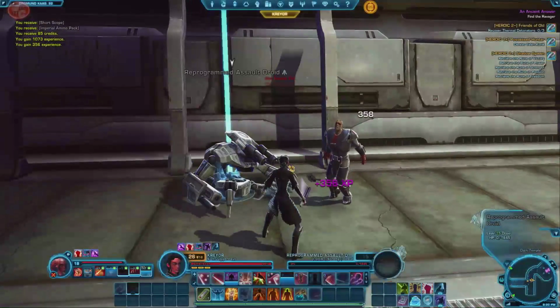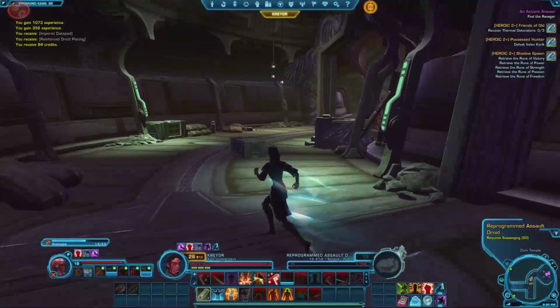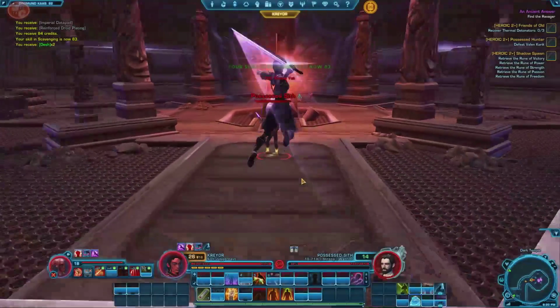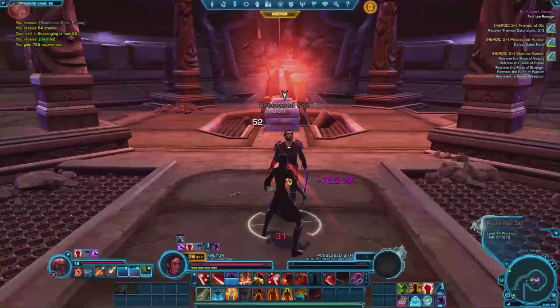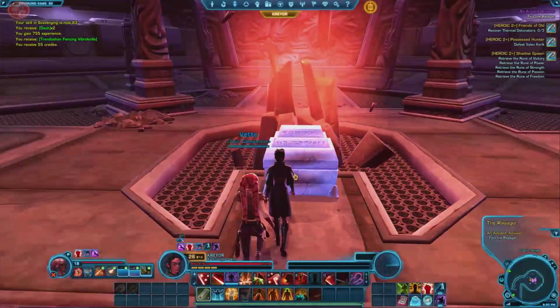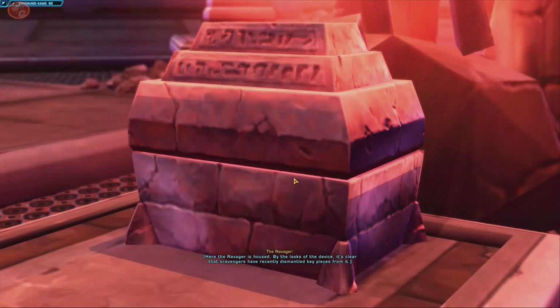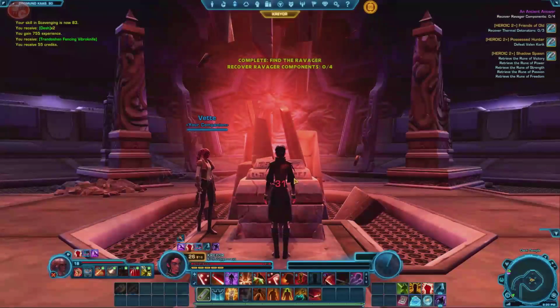Die, possessed heavy trooper, dude. Oh, take that, vet. Thank you. Too dash, that it, you cheap little git. Look at you, purple lightsaber. Find the Ravager. It's clear someone recently dismantled key pieces from it. You'll have to reclaim the missing pieces in order to repair the Ravager. You son of a...